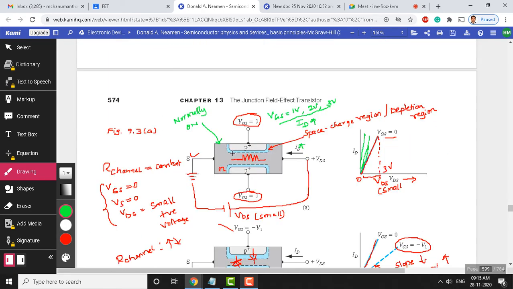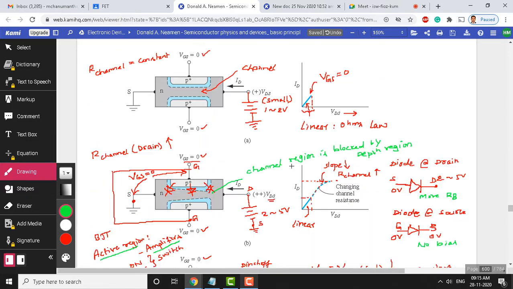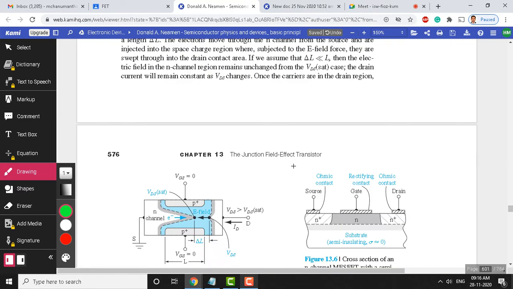Now, to turn this off, you need to apply a more negative VGS, then only the device becomes off. So go for say minus 5 volts or minus 10 volts, you can operate this in cutoff. Then the device becomes off, otherwise for 0 also this is on. That is why this device is called a normally on device or depletion mode device. With that, let us move on to the next diagram.